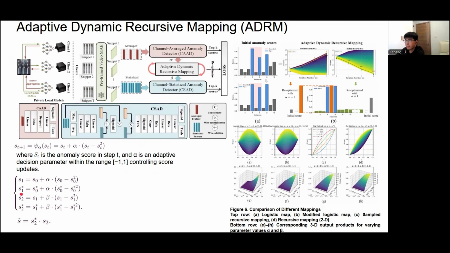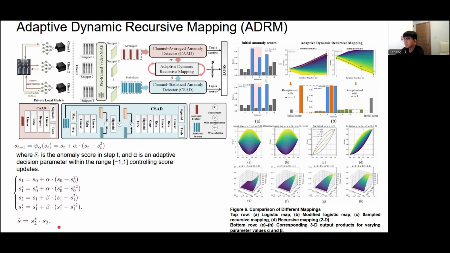Next, we use the detection parameter beta to map the value from the statistical feature, which captures temporal correlations between video snippets, and refine the detection boundaries for smoother transitions. Finally, the outputs of both detectors are multiplied together to produce the final anomaly score.